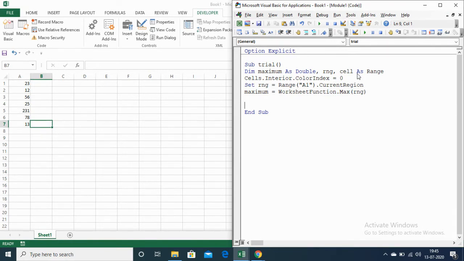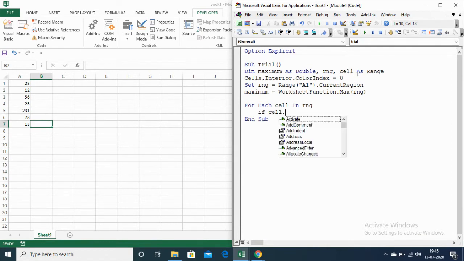Now I want to color the cell which is having the maximum number. For that, I will be checking each number with the maximum number, and if that number is maximum, I will color that cell. So for each cell in range, if cell.Value equals maximum, then I have to color it as red.